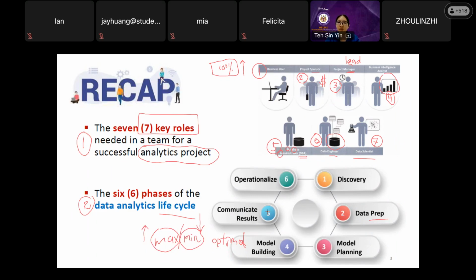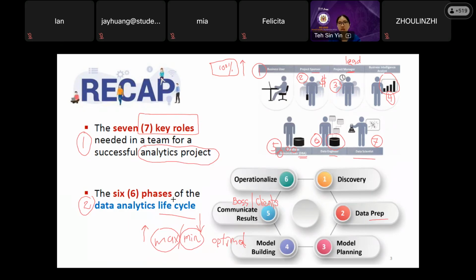Okay. And then, of course, number 5, after you build your model, you need to communicate your result. Communicate with whom? With your boss, with your client. So this is the stage you communicate your result to your boss or to your client and other relevant persons. Okay. And last but not least, the 6th phase, we talk about operationalizing it. You operationalize your project, and of course, you need to do some monitoring, you need to do some control, and so on. So this is during your phase number 6.